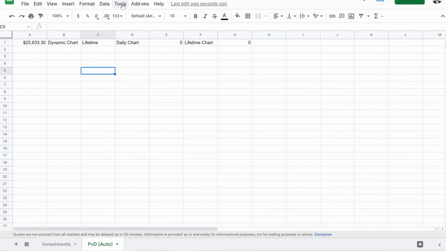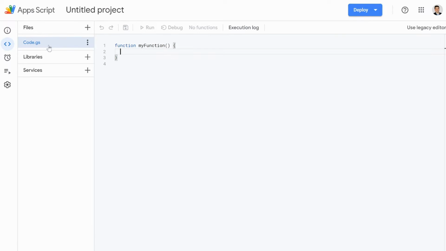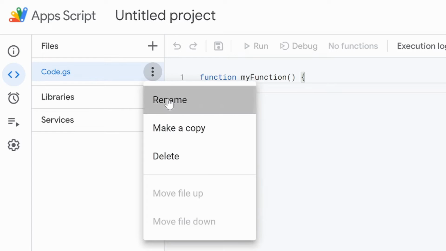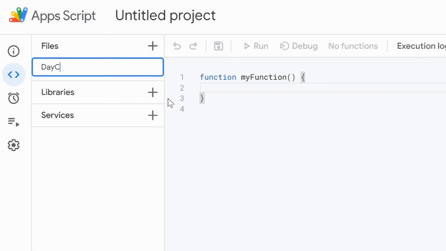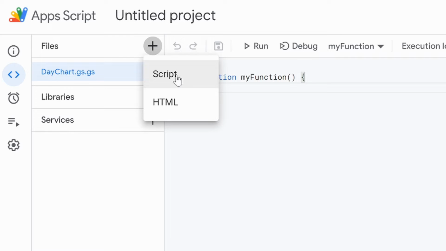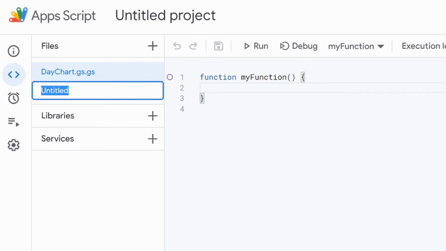Now we could jump over to tools. I'm going to go into script editor. All right, and we are going to make 2 different files just to stay more organized. So we're going to go here. We are going to rename this one daychart.gs. All right, and then we are going to add a file, add script, and we are going to name this one